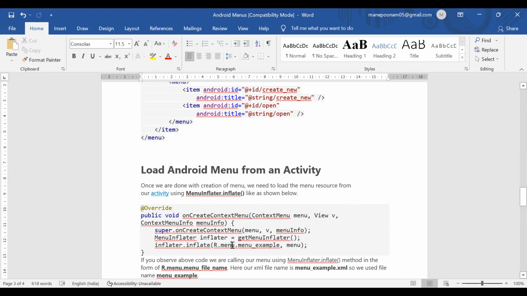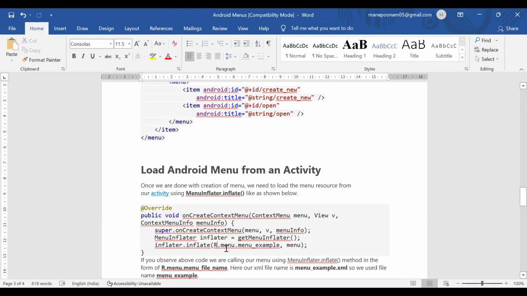Here we first pass the parameter, which is nothing but the file name, meaning where we created the menu, and that file name is menu underscore example, and that is under the resource folder. So we can access that using R.menu.